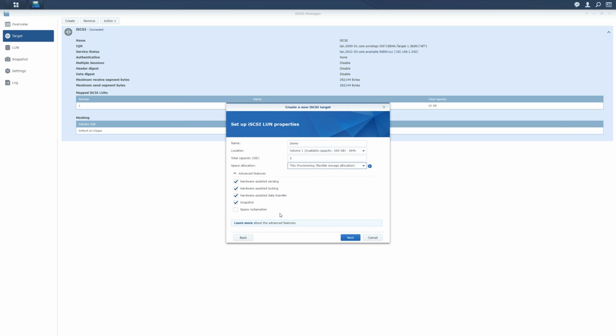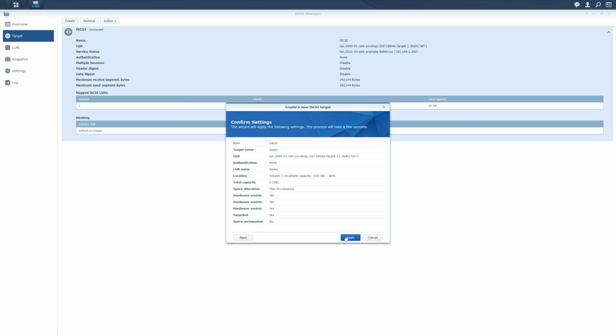The one that is for the Synology NAS itself is snapshots. So thin provisioning lets you use snapshots. Snapshots are a point in time version of your iSCSI LUN that you can restore to. So if you have a snapshot every hour, you could restore an entire iSCSI LUN at each of those hours. It's a very powerful tool, and I'll show you that more in depth later on in the presentation.